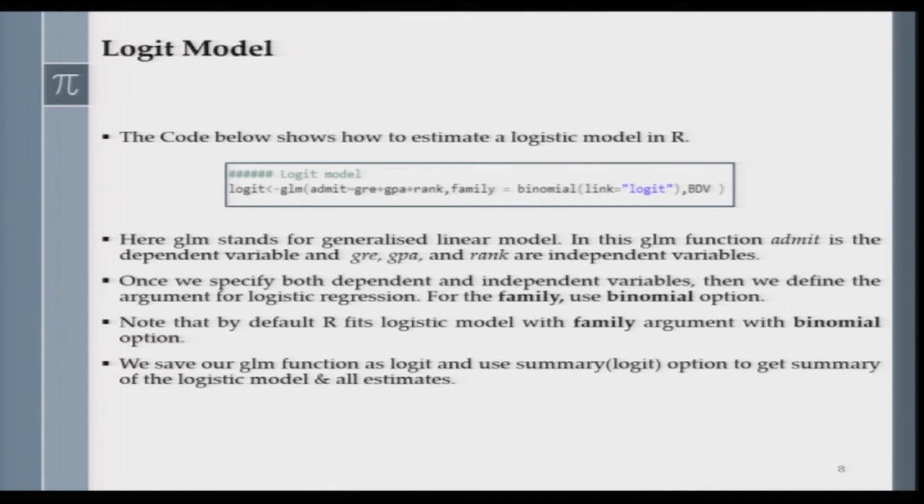There is a big difference between the code that we ran for the Wallace case and what we are going to run now. Note that in the case of ordinary least squares estimation in R environment, we start the code by writing lm. That is basically a linear model, but now we are writing glm. So, we are adding an extra G in front of lm, and what does that mean? Here glm stands for generalized linear model or general linear model. So, it is basically a